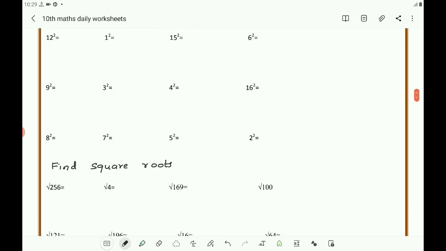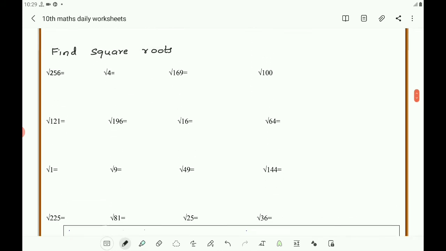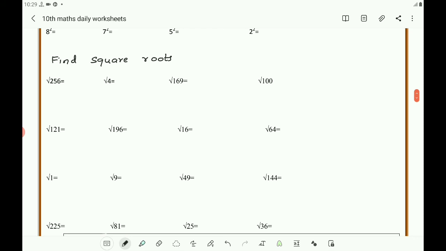Next, about the square roots. Find square roots. If you learn it by heart, it becomes easy for you. So it is better to learn and keep in your mind, and you can use it wherever it is required. So it is square root of 256, then square root of 4, square root of 169, square root of 100, square root of 121, square root